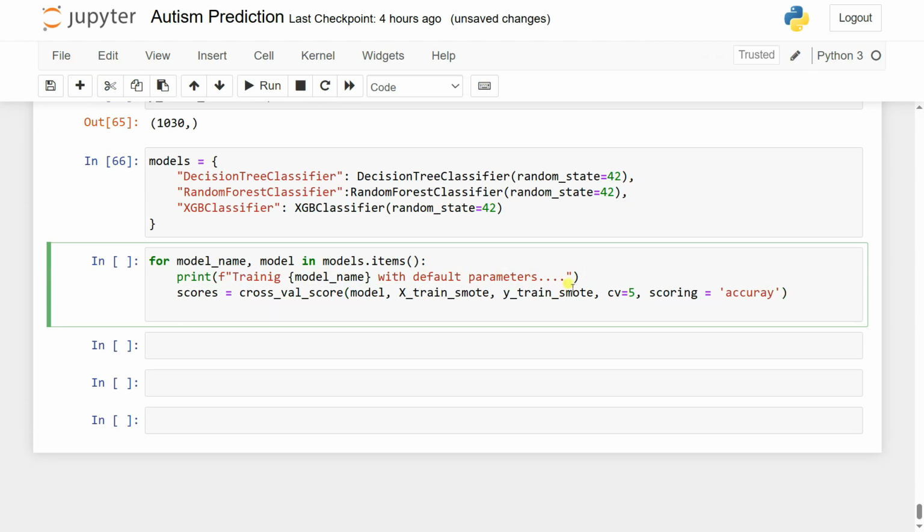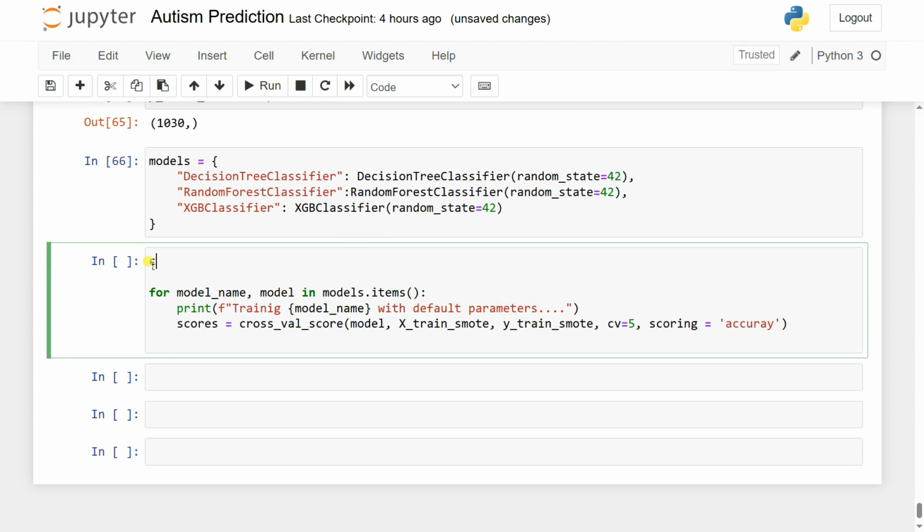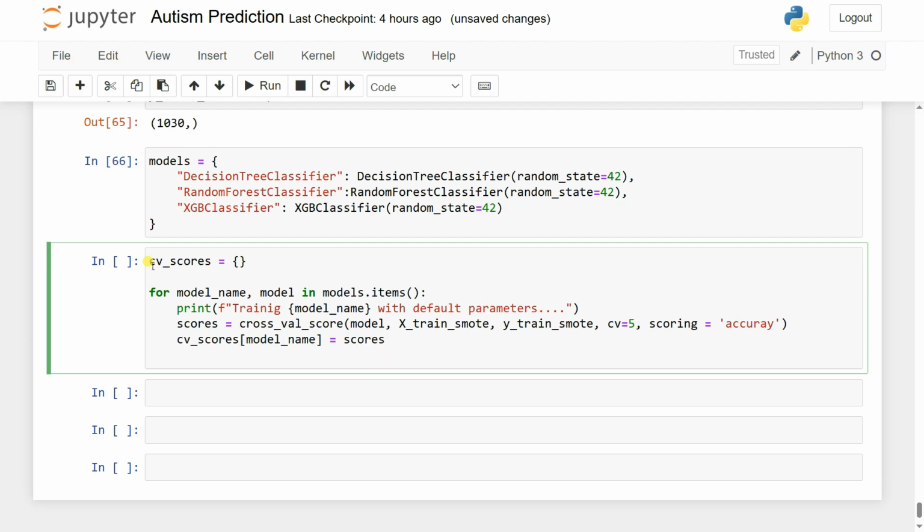Then we can store it inside a dictionary, so we create an empty dictionary for that. Let's call it cb_scores. And here you go, we add cb_scores[model_name] equal to scores, and then we can